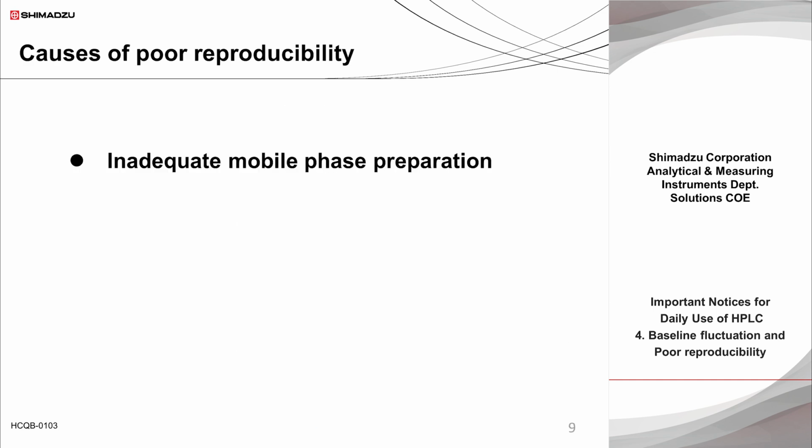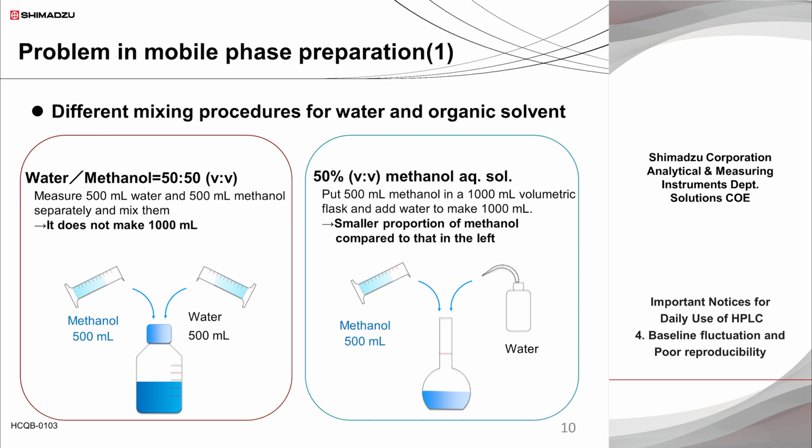If the mobile phase is not prepared properly, a variety of phenomena can occur including retention time fluctuation and peak shape deterioration. This slide explains the risk of preparing a similar but different mobile phase compared to the desired one, depending on the description of the mobile phase composition. The description of mobile phase composition on the left should be interpreted that the mobile phase is a mixture of water and methanol, and that the mixing method is to take the two solvents in equivalent volumes then mix in